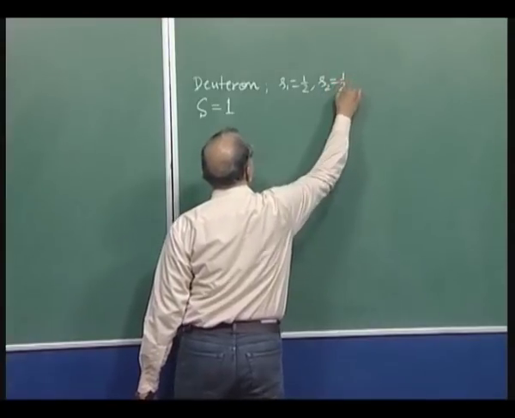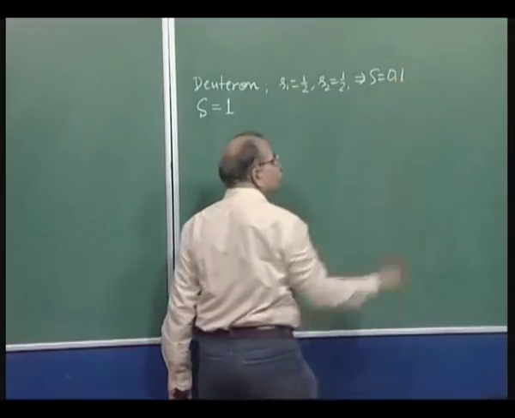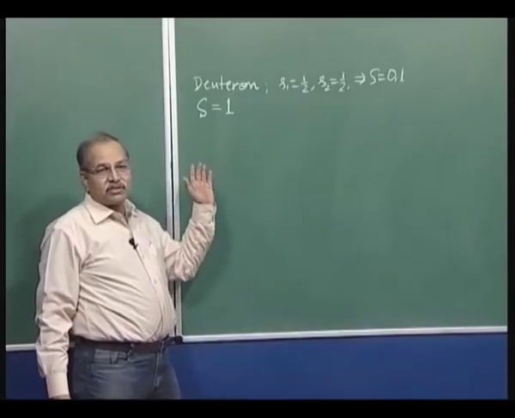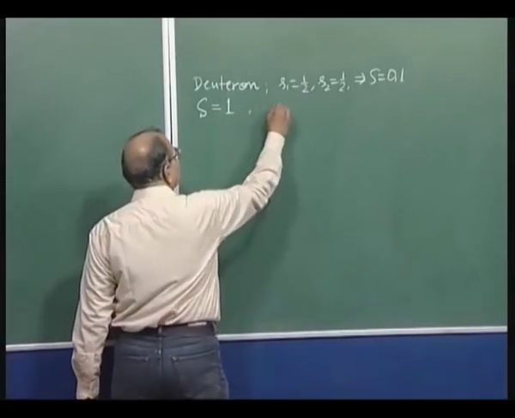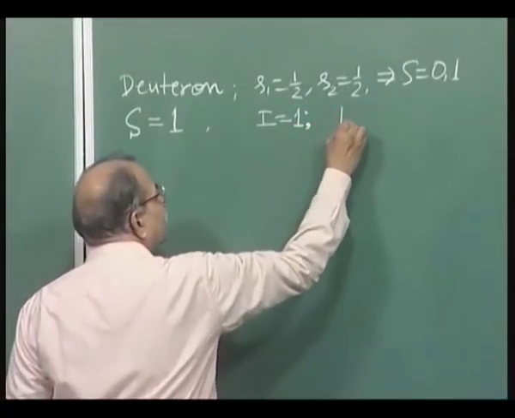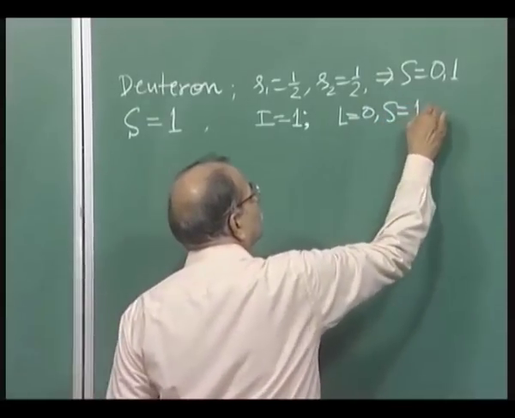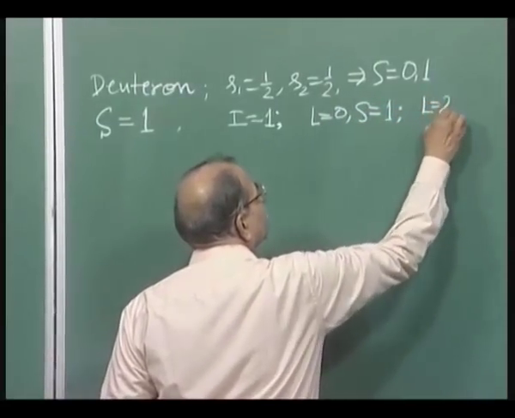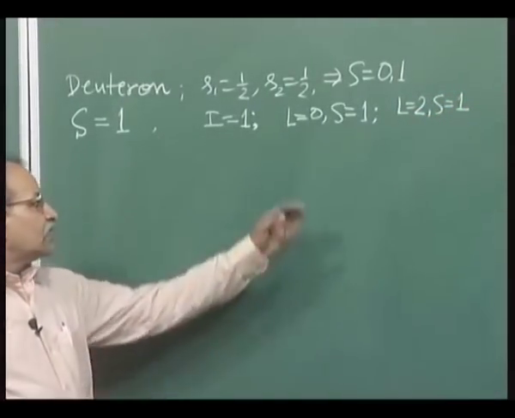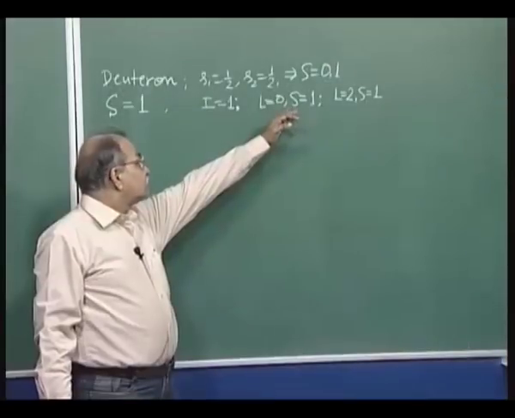So, they can combine to S is equal to 0 and 1, but then the measured total nuclear spin of deuteron is capital I is equal to 1, and that capital I equal to 1 can result from L is equal to 0, S is equal to 1, or L is equal to 2, S is equal to 1. It can also result from L is equal to 1 and then S is equal to 1 or 0,